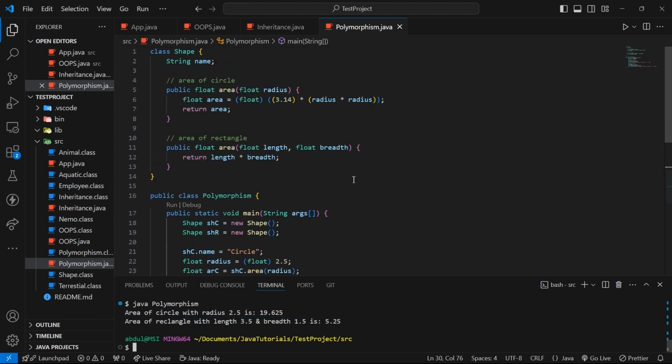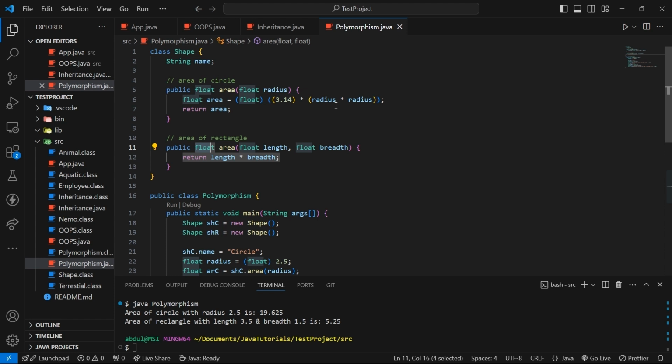So this is the example of compile time polymorphism, where we have methods with the same name, and you might be thinking there should be some differences. We can have a different return type, but we should have at least either different types of parameters, or a different number of parameters, or maybe a different sequence of parameters. Suppose there are two parameters, one is float and the other is int or string. So we can also alter the